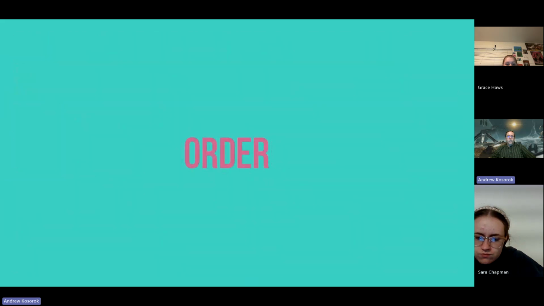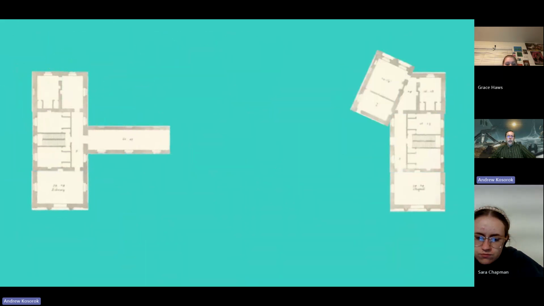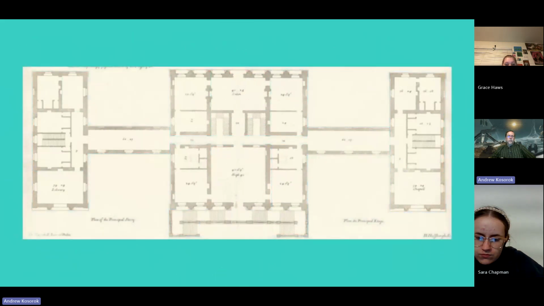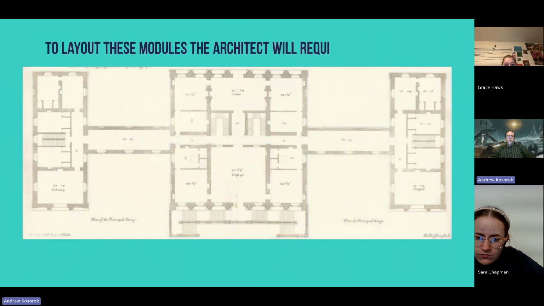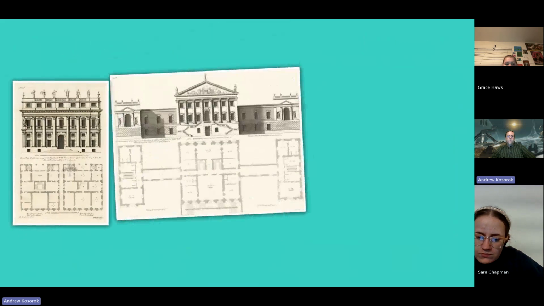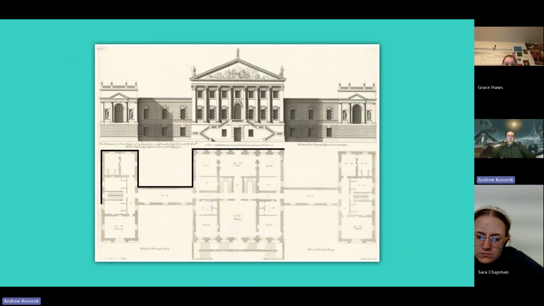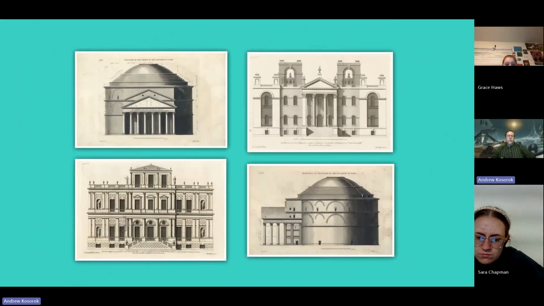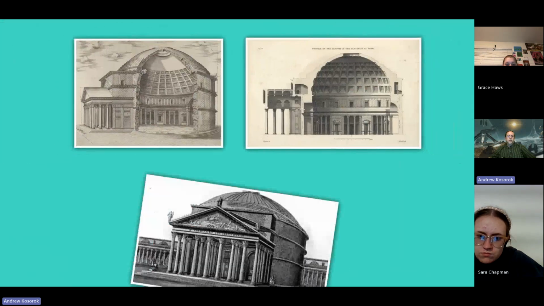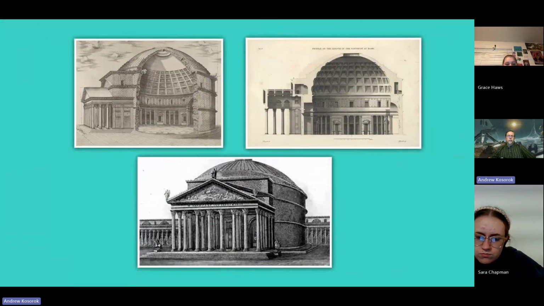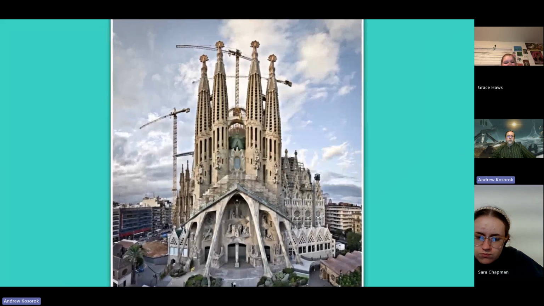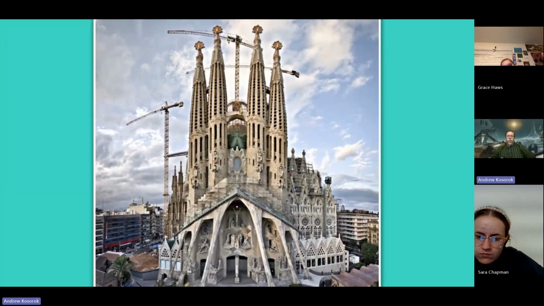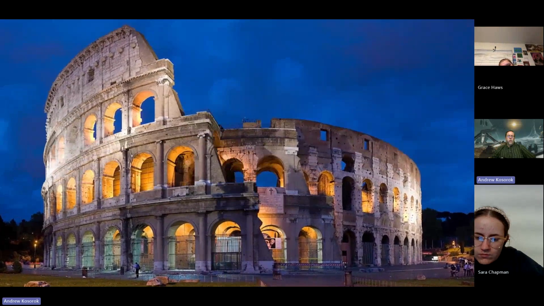The first one is order. He considered that a building is made out of small parts or modules, where the selection of these modules will give the building order and proper form. To lay out these modules, the architect will require what is called arrangement, or the process of laying out the ground plane, which is the outlines for the surfaces of the building. The elevation, to draw pictures of the building facades in detail. And perspective, for sketching the front of the building while projecting the sides into the background. To achieve good order and arrangement, Vitruvius asked the architects to rely on careful thinking, to pay attention to all the details, and to use innovation.